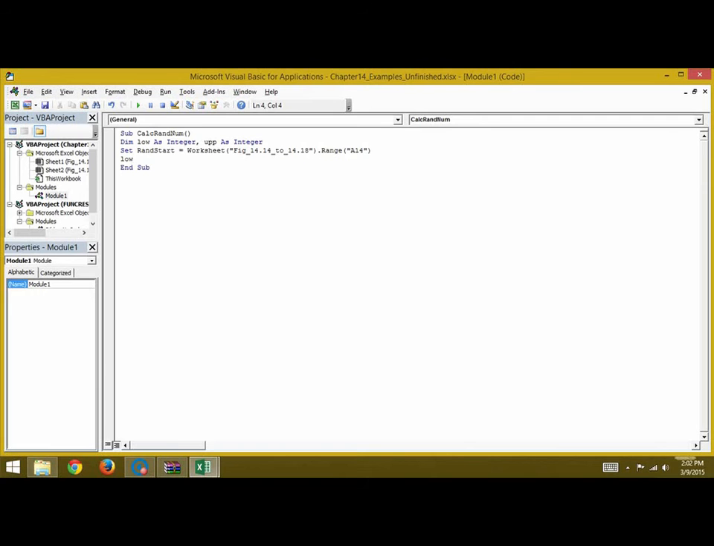So you can write low is equal to input box. So for input box, first comes the prompt. So you will write "please enter the lower bound of the interval